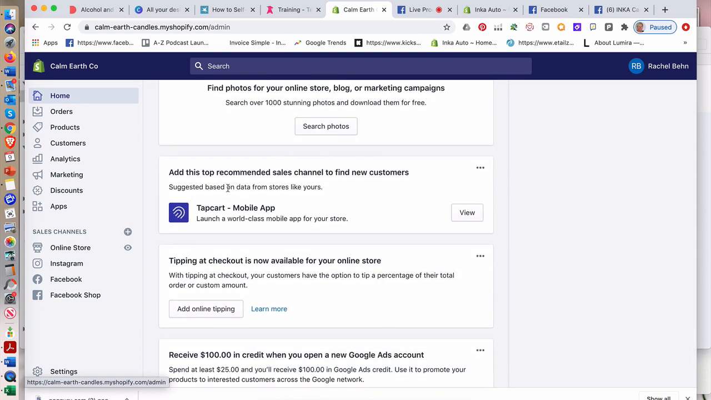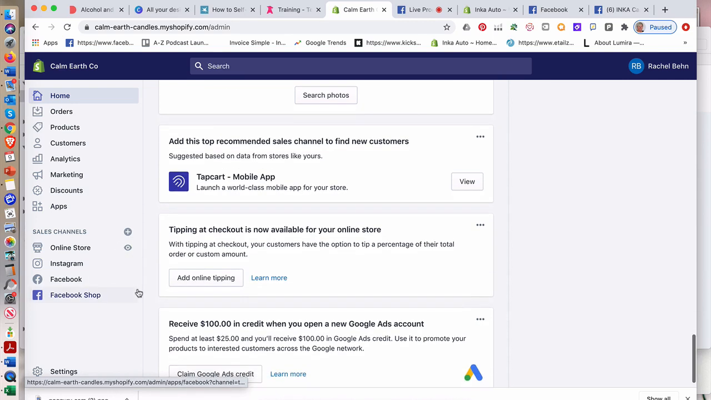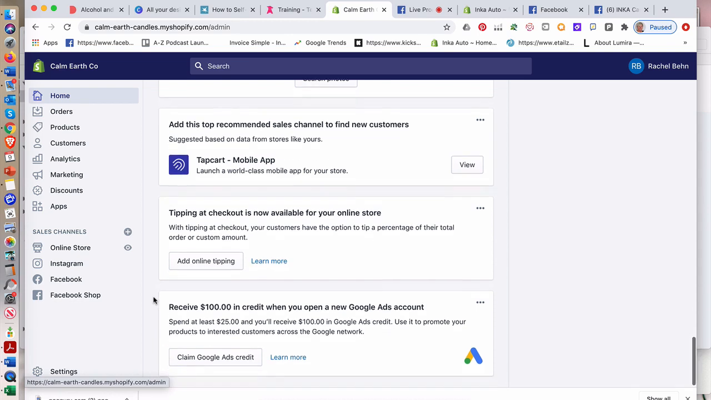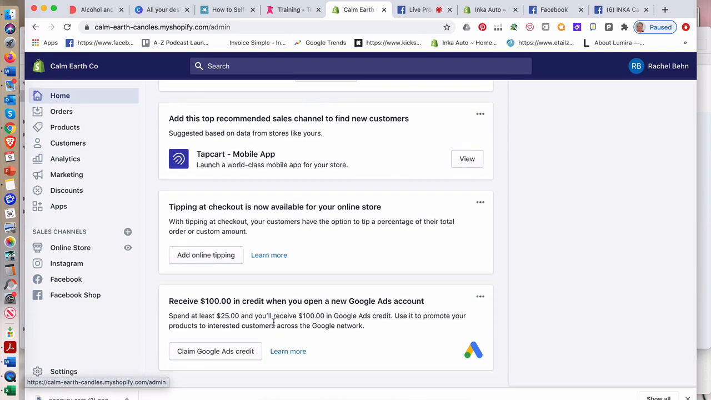I don't know these top carts. They'll always recommend different apps for your store depending on your store and your sales and what's happening. And you get a $300 voucher for Google Ads with Shopify. So we'll just go into